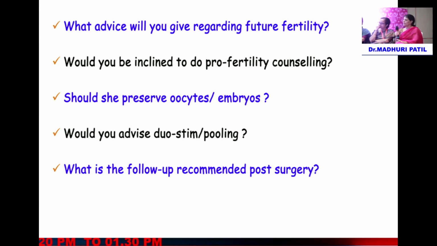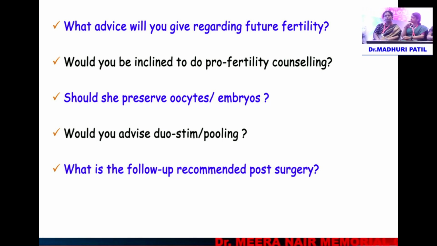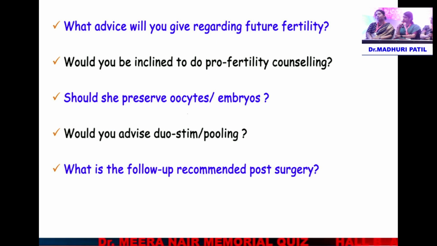So how would you follow up this patient? You've done the fertility preservation basically because her AMH is low, but how would you follow up this patient? So the follow-up of the patient after fertility preservation should be CA-125 and examination once in 3 months for 2 years, once in 6 months for the next 3 years, and then yearly. And when fertility preservation is done, to find out the recurrence, we have to go for imaging at every visit.